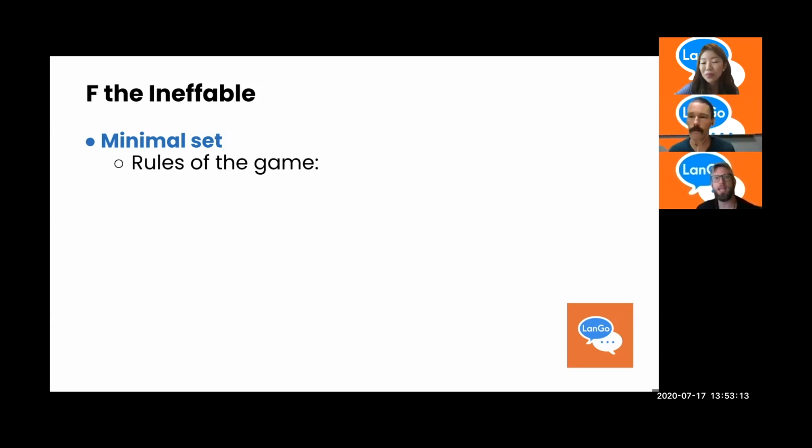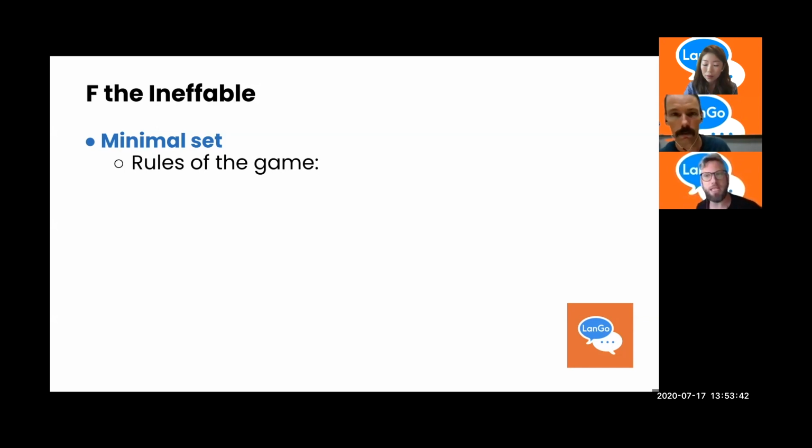And today, last time we asked you to try to make the biggest alphabet you could with silent letter words, like subtle, which would be an example of B, or E, I guess, but B in this case. So today we've talked a lot about minimal sets and minimal pairs. We want to know if you can make a giant minimal set of English vowels. So the rules of the game are like this.